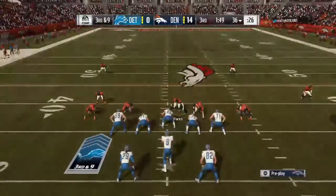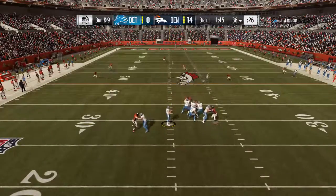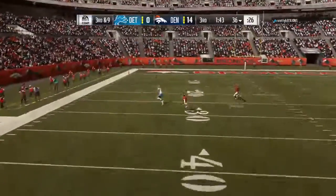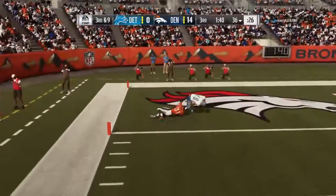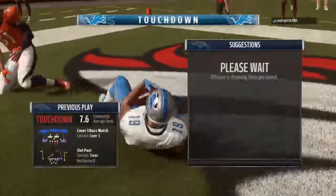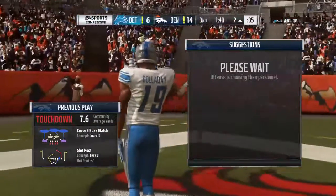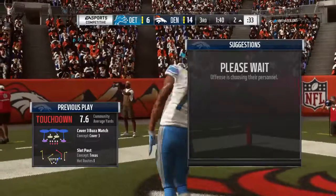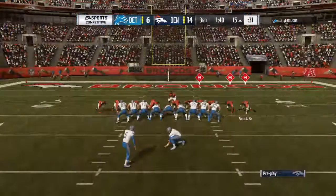Throwing on 3rd down, Stafford. He's going to let this one go deep. It's caught inside the 25. Touchdown, Detroit. A big play there. 64 yards. And the Lions have got it back to a 1-score game. That's a score you felt they